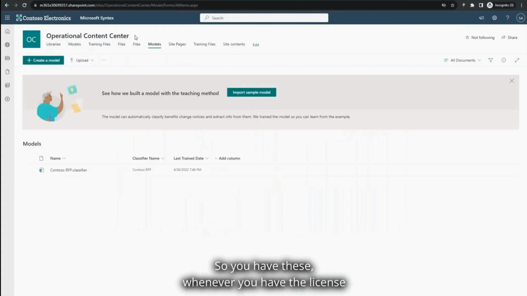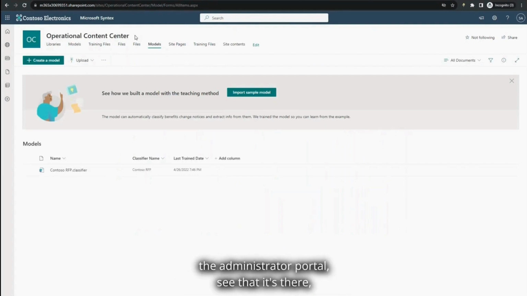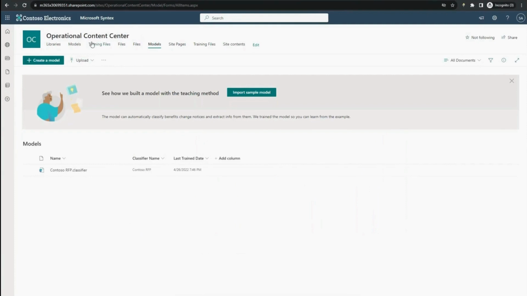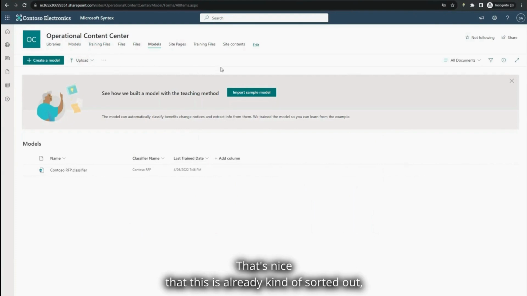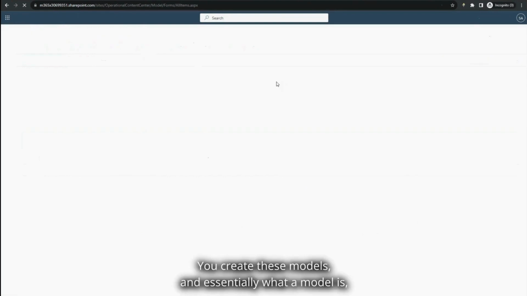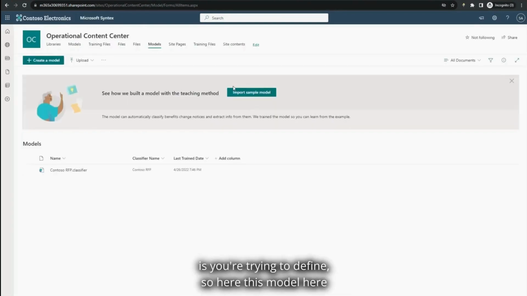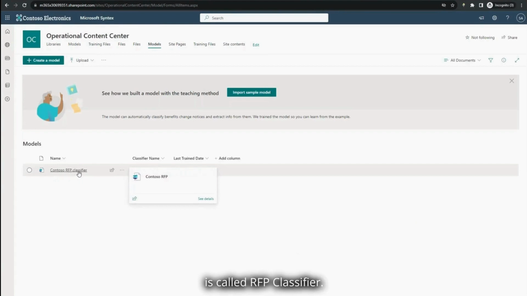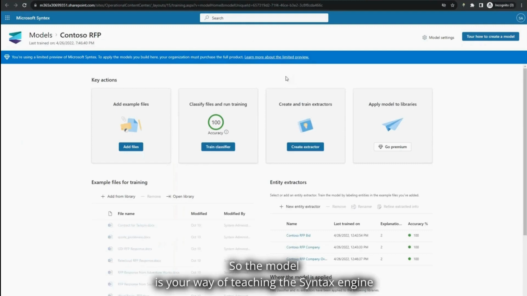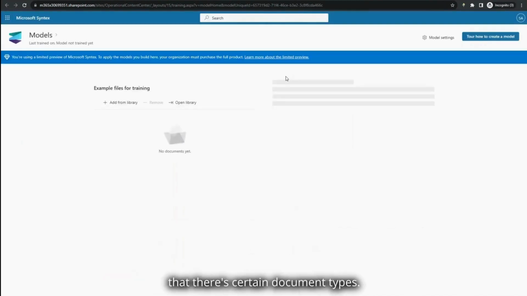Whenever you have the license and first turn it on, you have to go into the administrator portal, see that it's there, say I want to turn something on, and create a content center. That's your beginning. It's nice that this is already sorted out. I'm just going to rip through this quickly so you can see it. You create these models, and essentially a model is what you're trying to define. Here I have a model called RFP classifier. The model is your way of teaching the Syntex engine